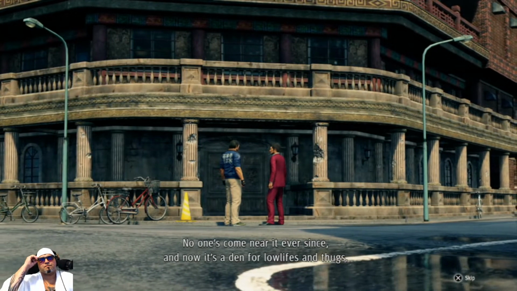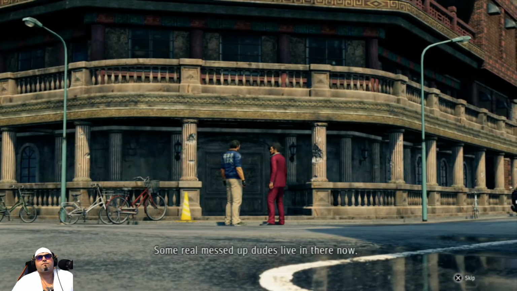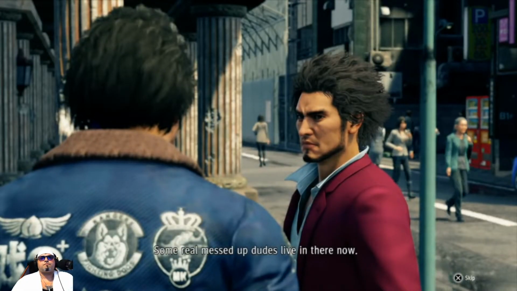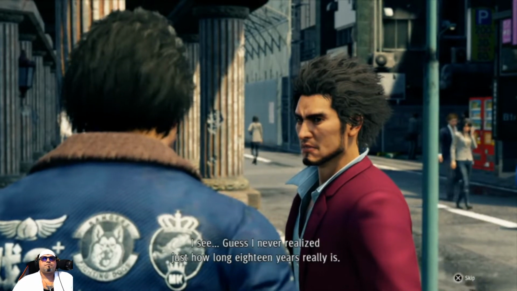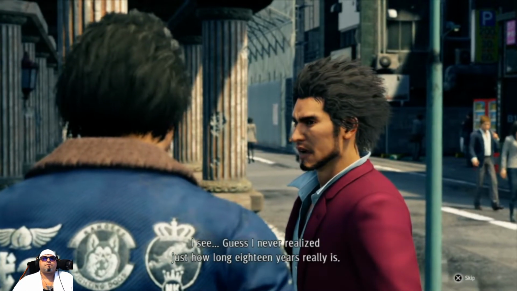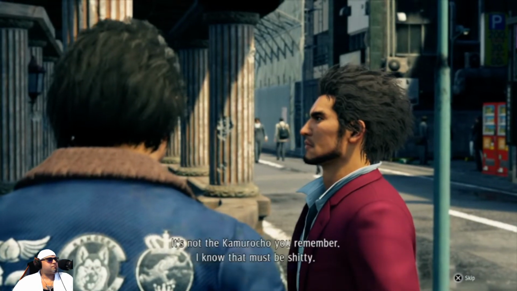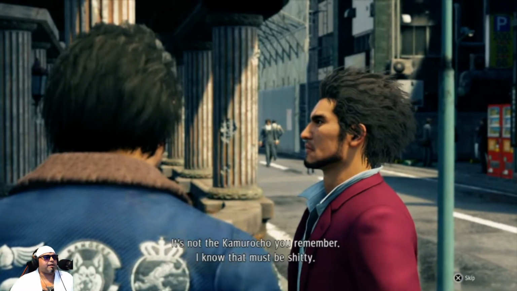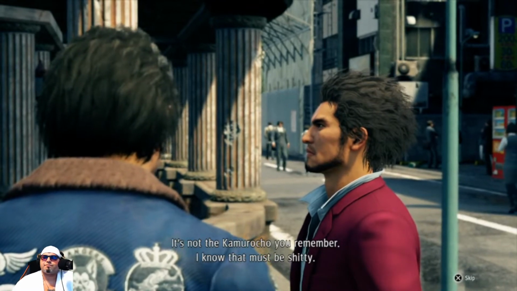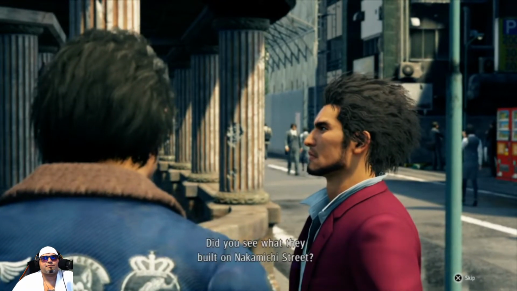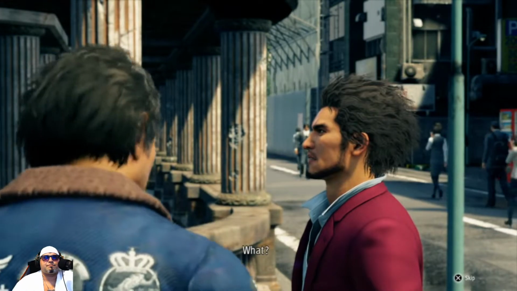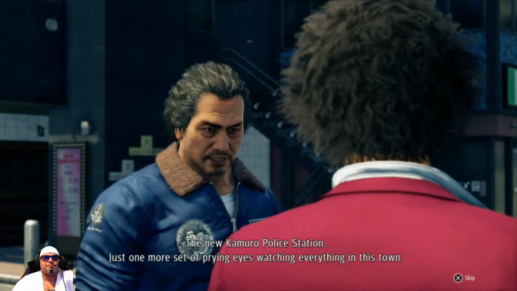Now, it's a den for lowlifes and thugs. Some real messed up dudes living there now. I see. I guess I never realized just how long 18 years really is. It's not the Kamurocho you remember. Wouldn't he have noticed that while he was in prison? Did you see what they built on Nakamichi Street? What? The new Kamuro police station.